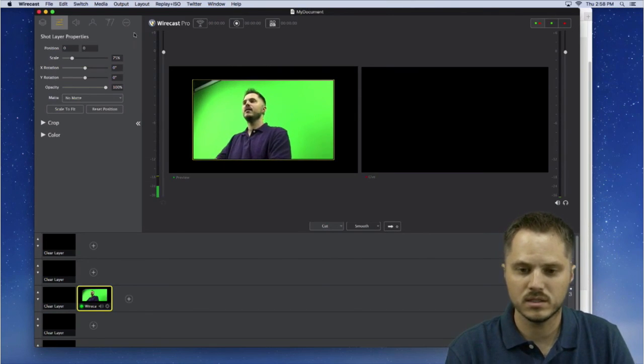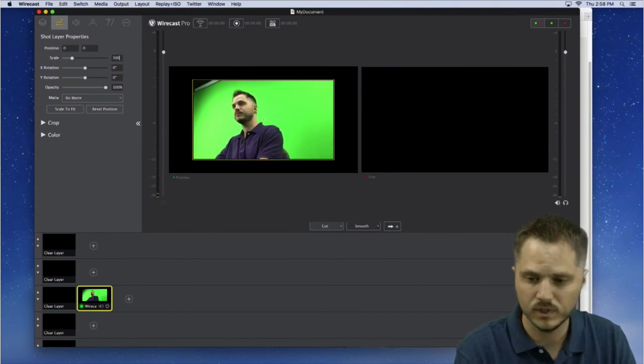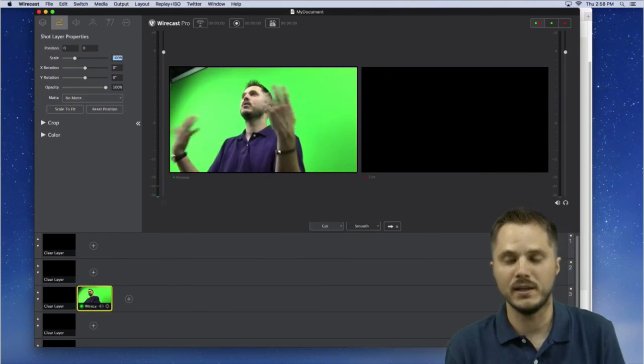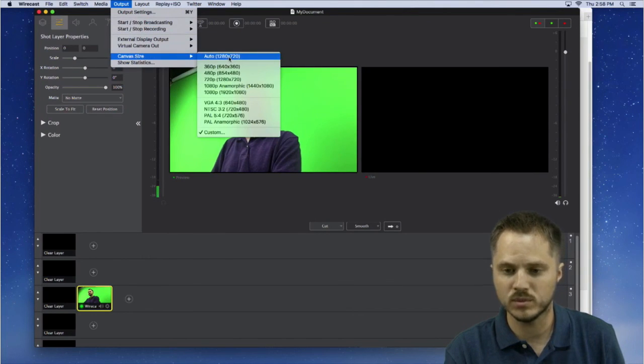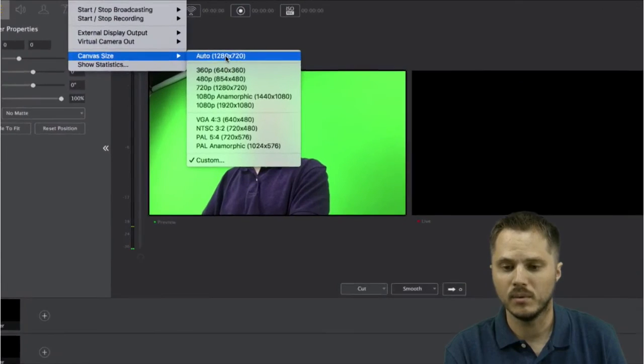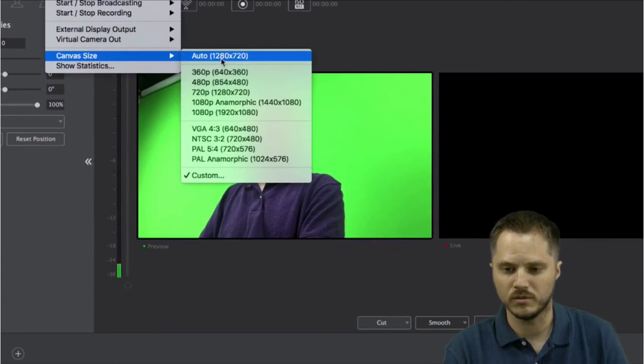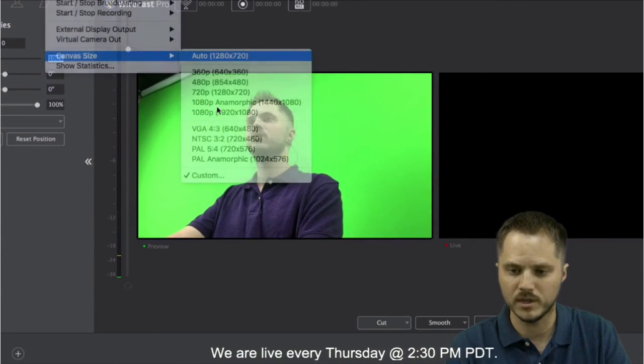Then this scale will scale to fit, or if we just go to 100, so we can see that example, it'll pop in and fill the full screen. But if my canvas size is higher than that, and typically I like to stream at 1280 by 720, but you could do 1920, whatever, we're going to do 1280 by 720 for this.